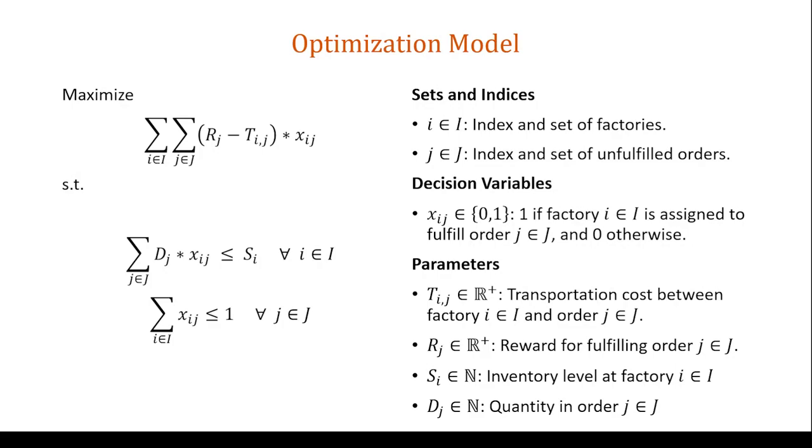The first constraint in the model constrains the demand that is to be fulfilled from exceeding the supply at any single factory. And the second constraint allows an order to be unfulfilled, since the model would be infeasible if total demand exceeded total supply. It should be noted that the reward for this simple model can just be set to a single value,